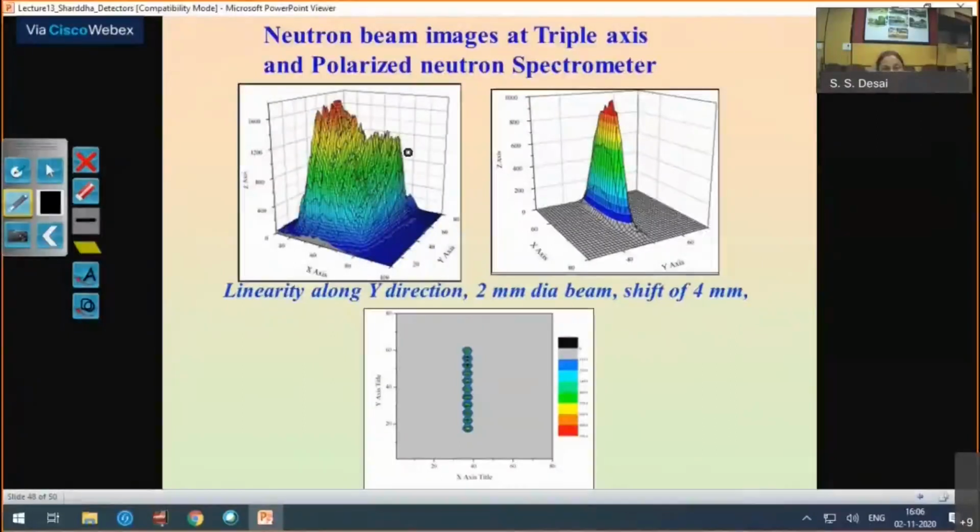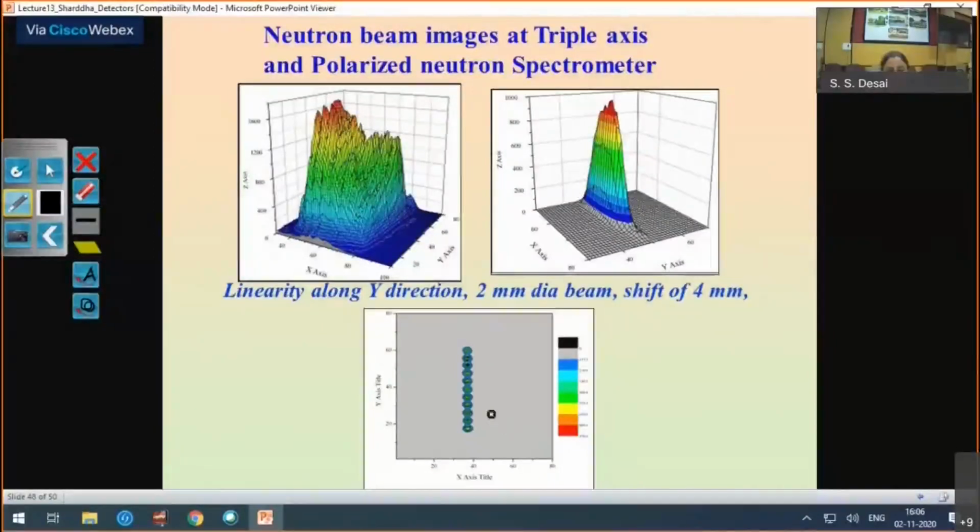So this is a 5 centimeter by 5 centimeter beam which is being shown here, and you can see how the intensity variation can be very accurately seen. This is another 3 millimeter by 3 centimeter PNR beam, a polarized neutron spectrometer. Again, the high intensity point has to be noted so that you can place the sample within that region. That is the ultimate use of such detectors. And large area detectors with a similar structure, nearly 60 to 65 centimeter by 65 centimeter, can be used for small angle neutron scattering